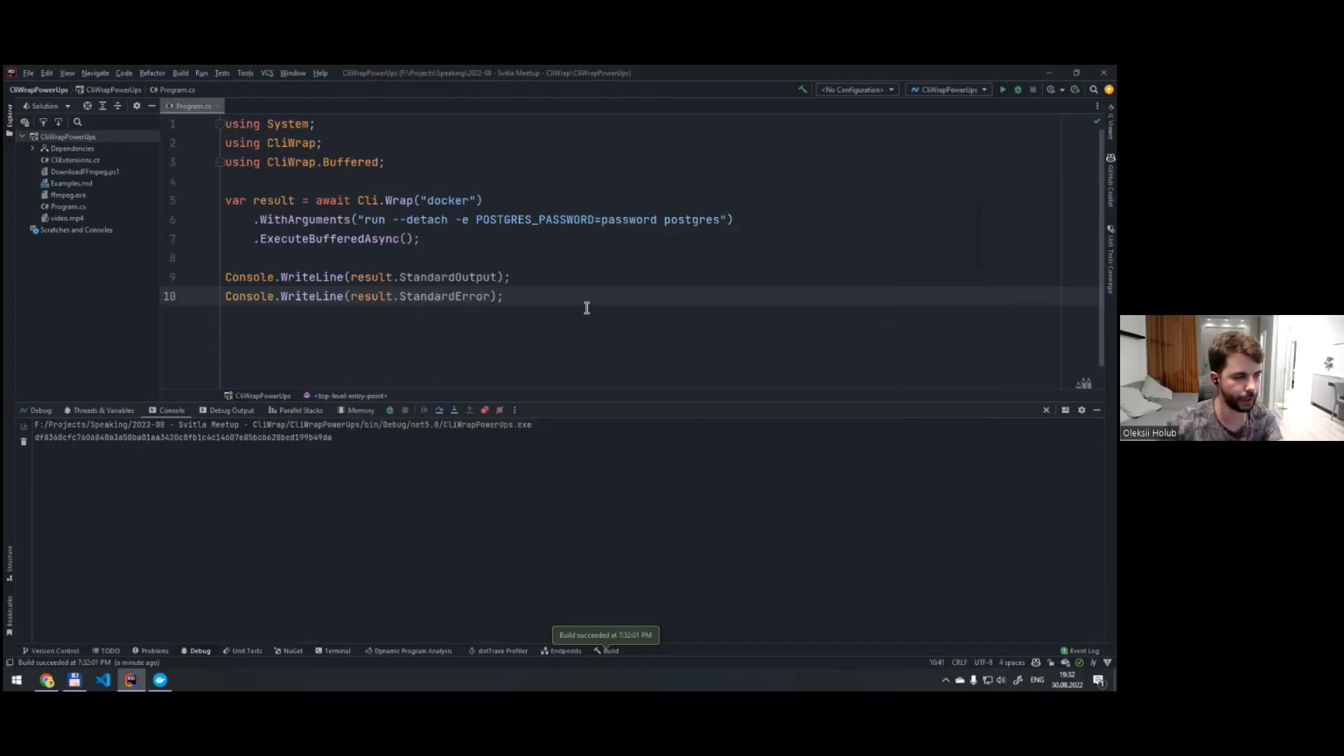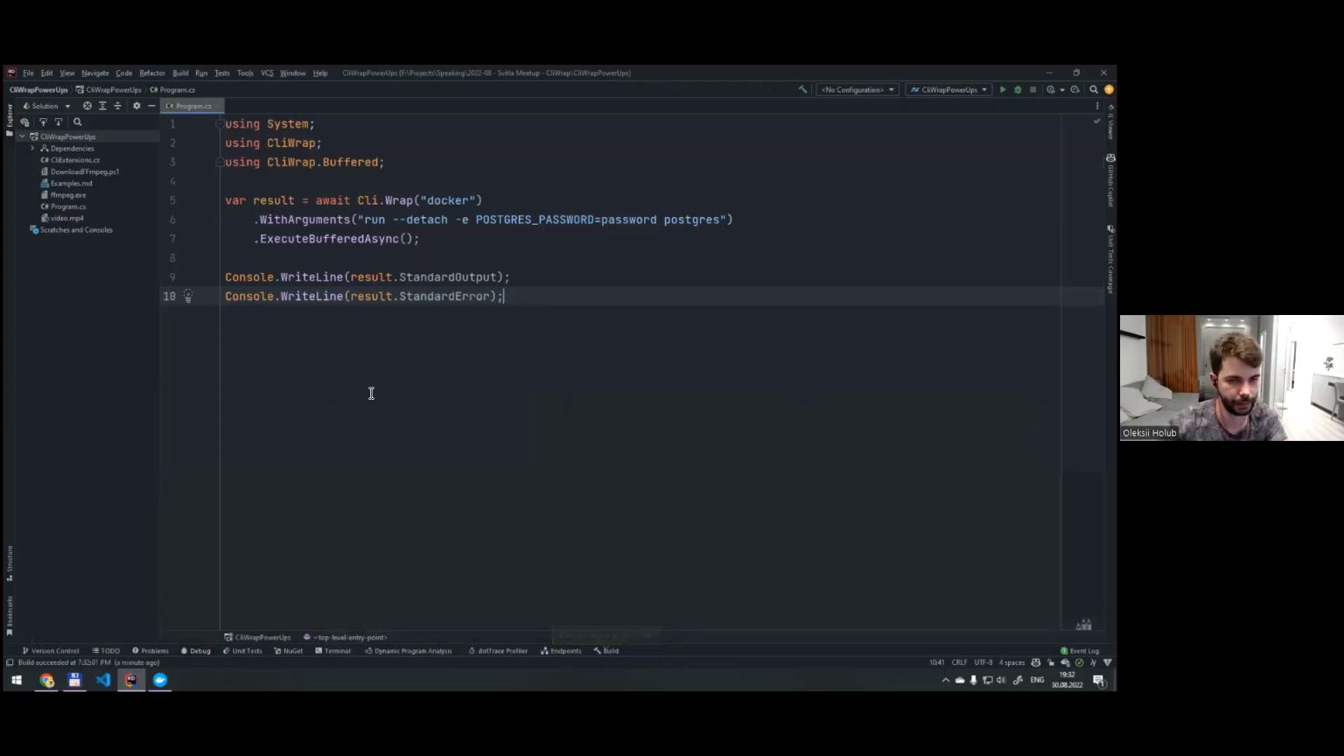Other than that, it works exactly the same. You can also refer to the task directly, and the execution works pretty much exactly the same. The other thing you can do, or the other benefit I should say of execute buffered async, is that it also has an interesting